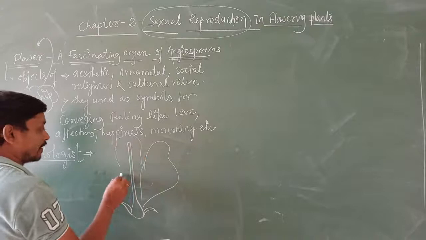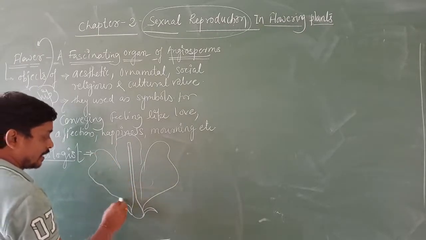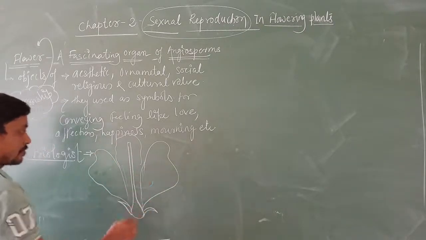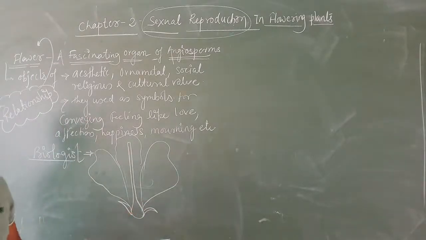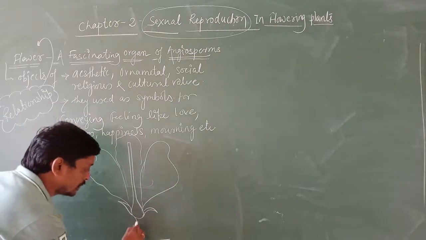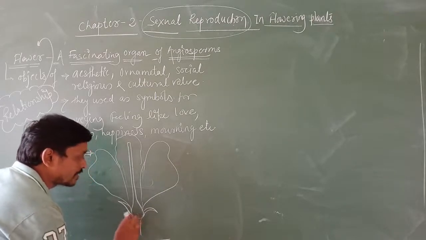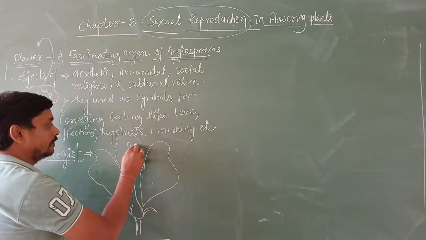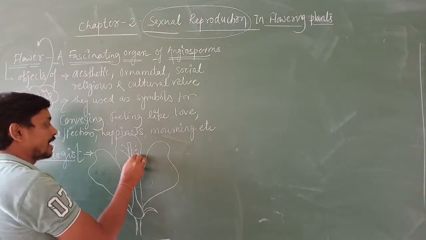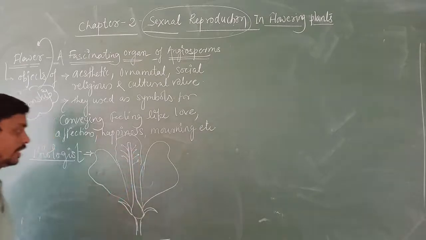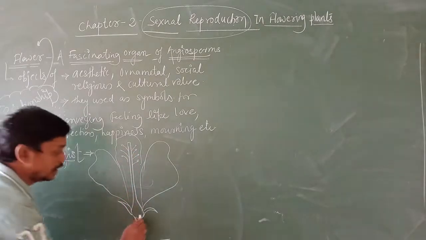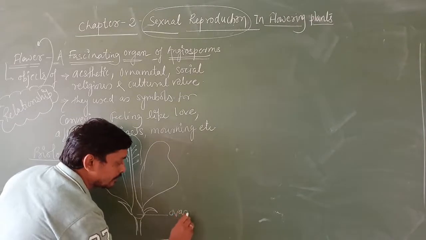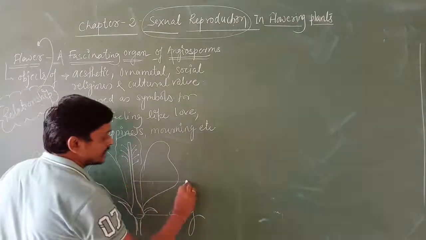I hope last year we also studied the different kinds of flowers based upon the position of the ovary as compared to the sepals, petals and androecium. These things we studied in the last chapter, last year. Okay. So what are the parts in the LS of flower? We are going to study the ovary. This is the ovary. This is the style,